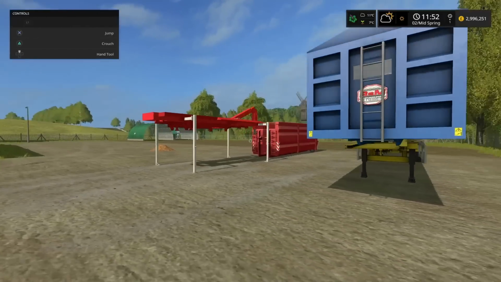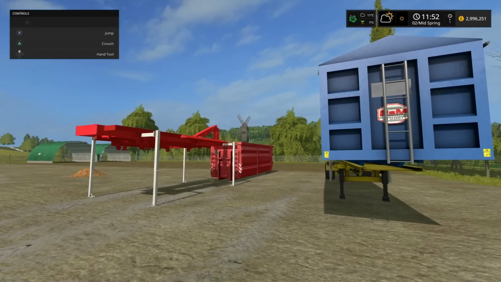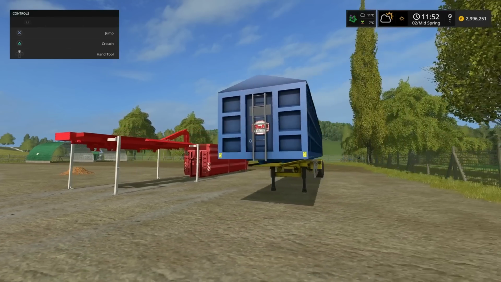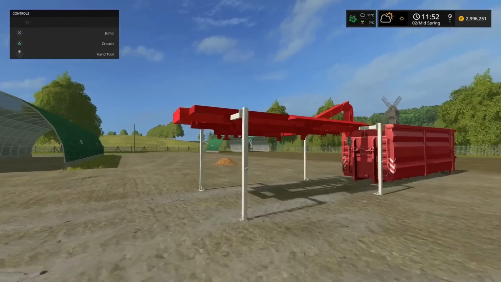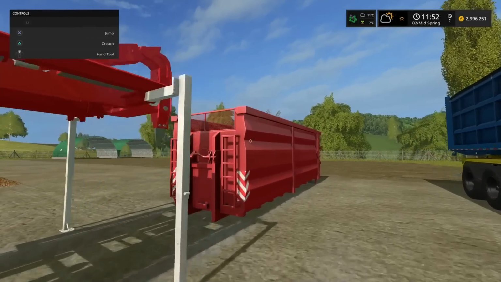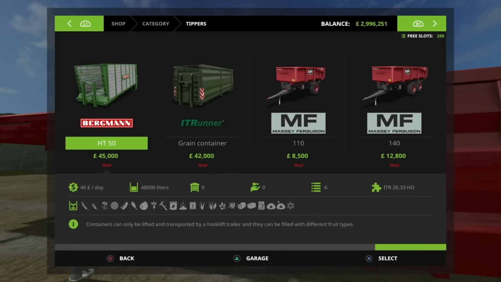Because I got rid of, well, this and a different back for it in the last episode, I thought, right, I need a different sort of trailer, so I went for this. After the feedback and comments, I've got the HolRun back. This time I've gone with the grain trailer. If we go into here again, there's the Bergman HT50, and then there's the IT Runner grain container. That's 48,000 litres, that's 45. Now, it might be there's no difference whatsoever between the two,